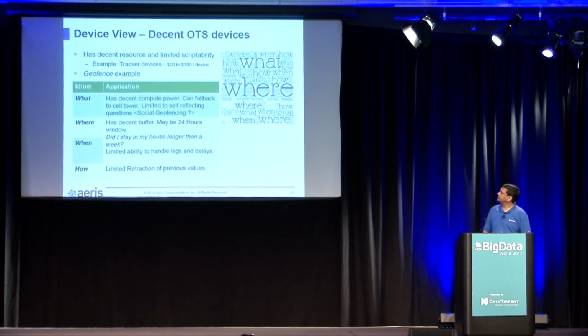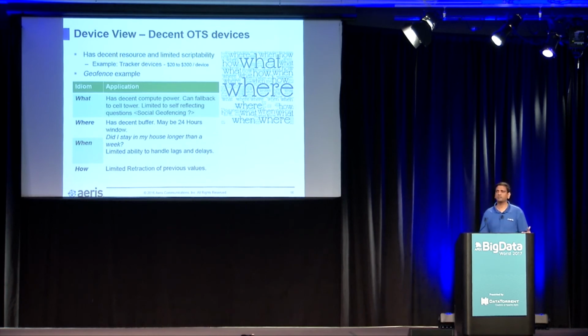The next is typically off-the-shelf devices. It's very common to see all these GPS trackers. In the connected vehicle space, we call them OBD connectors. These are devices that connect to your vehicle through an OBD connector, or they could just use the vehicle almost as a battery source. They have a reasonable amount of computation, so to some extent they can address it; decent computation power is available.